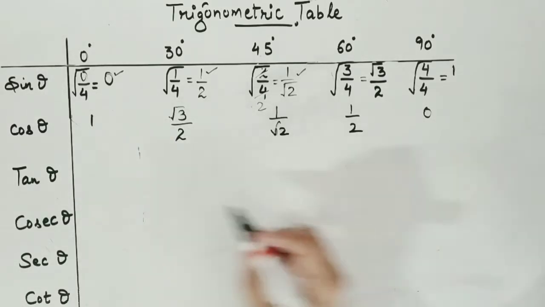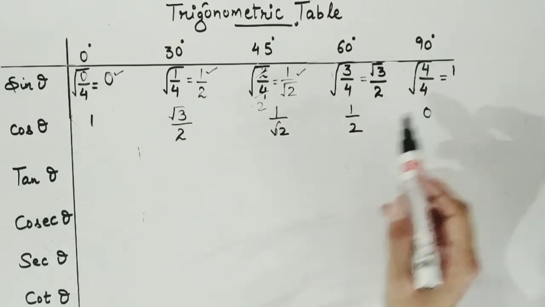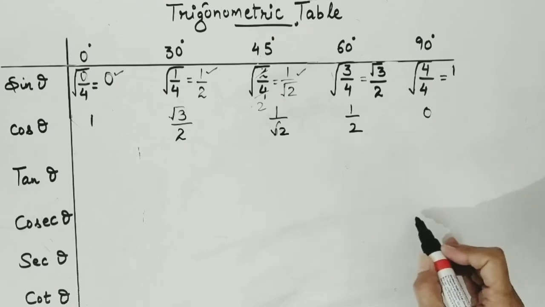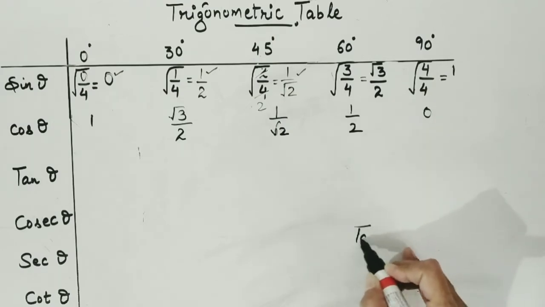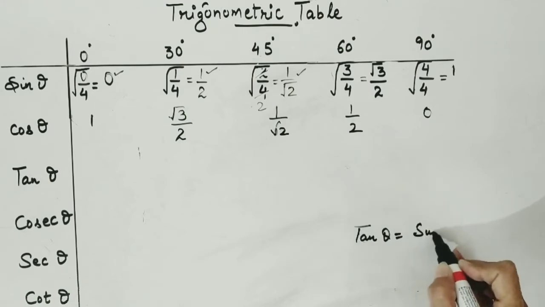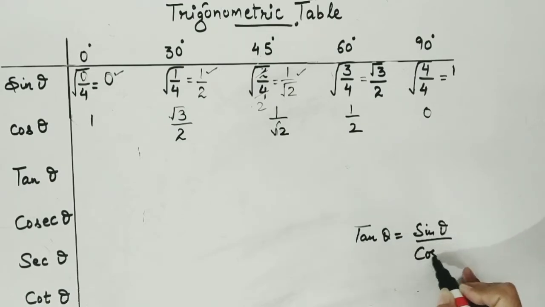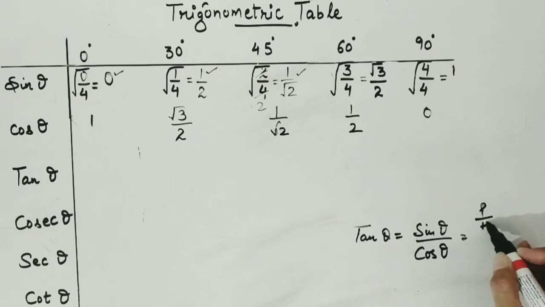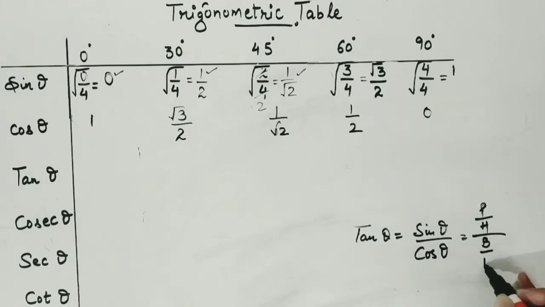For cos, we obtained it by reversing sine, and for tan, we would divide sine and cos. Remember one thing, because tan theta is sine theta upon cos theta. The reason why can we say it is sine by cos? Because sine is p by h, cos is b by h. When we further simplify, cancelling this, it is p by b. So sine by cos is perpendicular by base, which is actually tan theta.